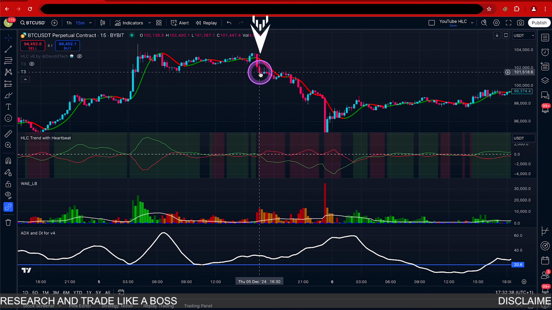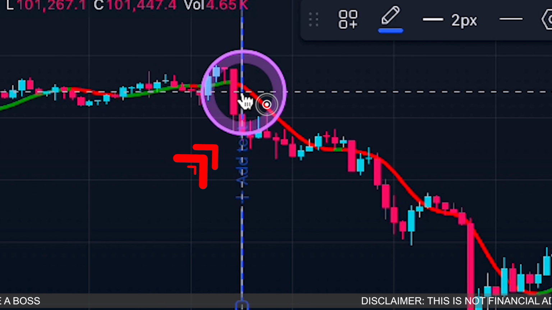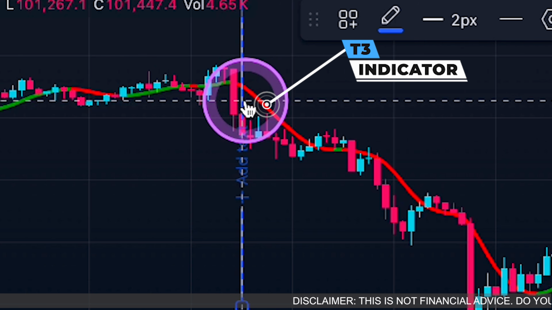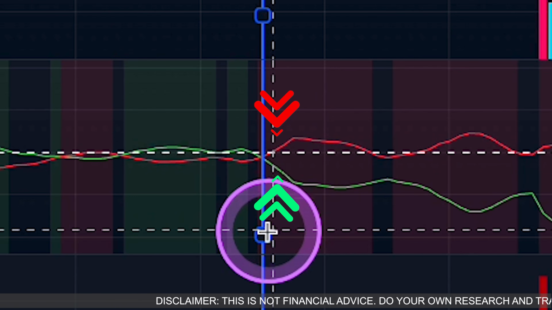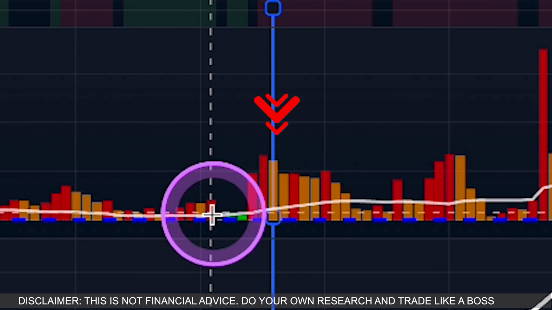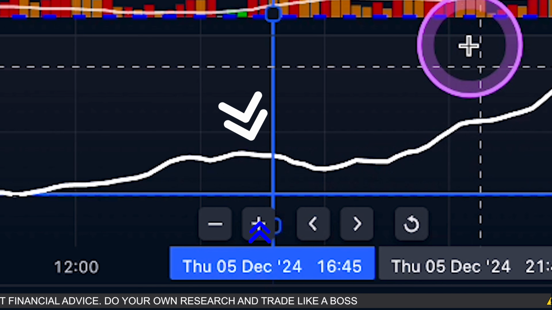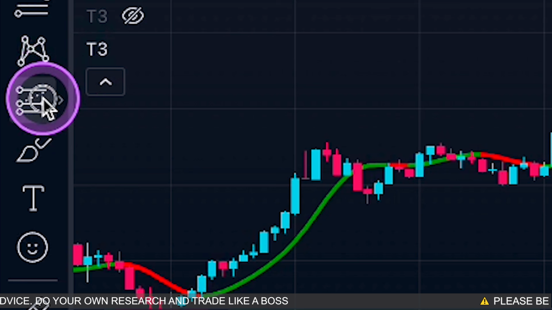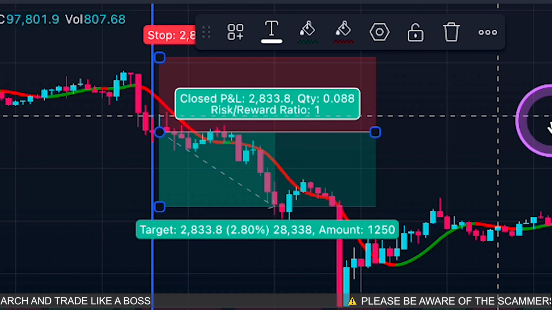If we go onto this candle here, as you can see, we are crossing below the T3. The T3 has gone red. The red is going above the green on the next candle just here. Our water has gone from green to reddy orange color, and our ADX is above the blue line. That means that we can take a short position on the following candle just here, and then we're going to